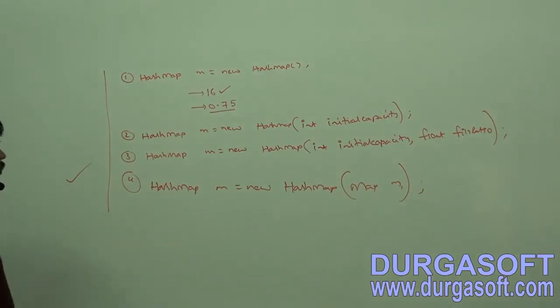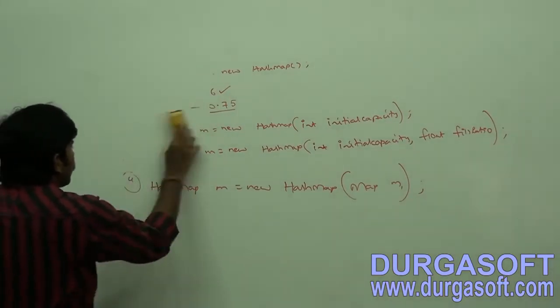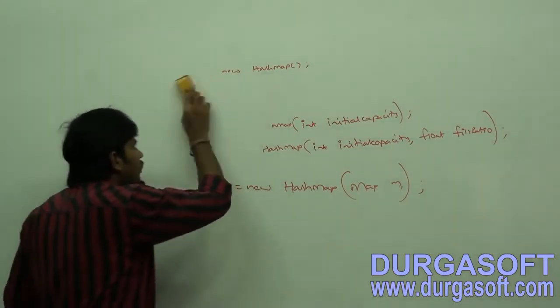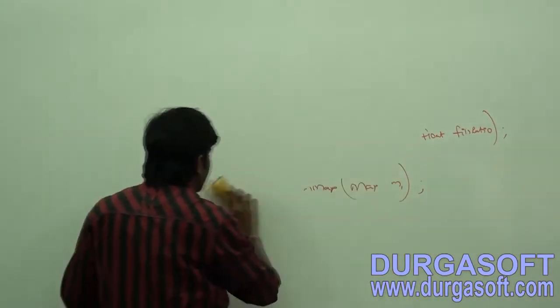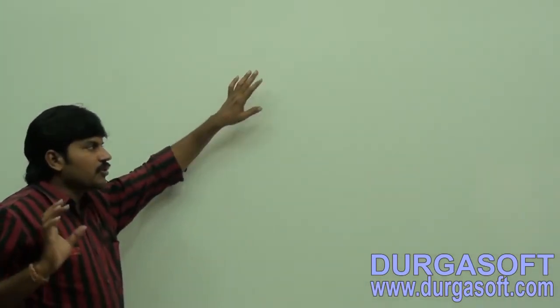Now let me go for a small example of how to use Map interface methods, because this is the first implementation class. I want to explain each and every method and how to use it. I will take a bit lengthy program, because you should be aware of how to use Map interface methods. Just observe this one.